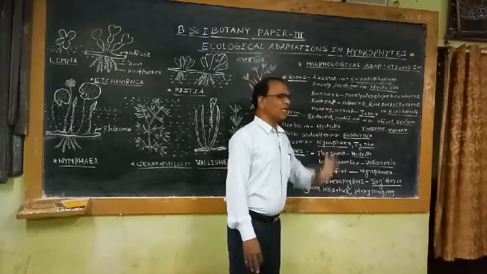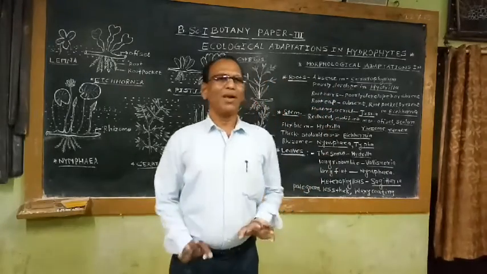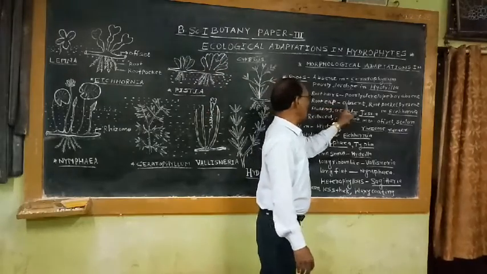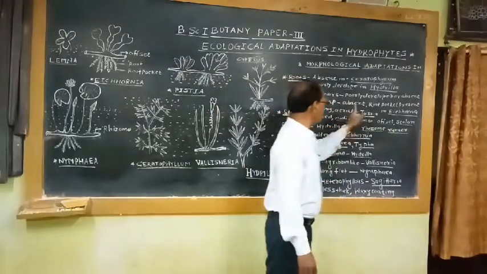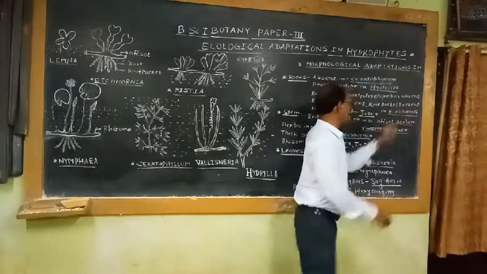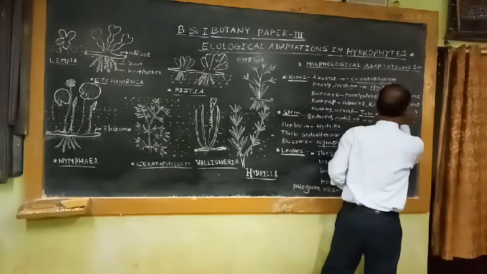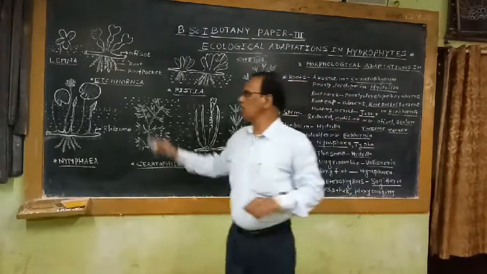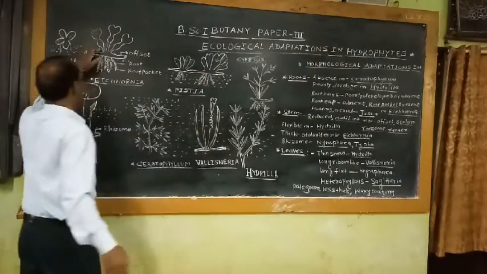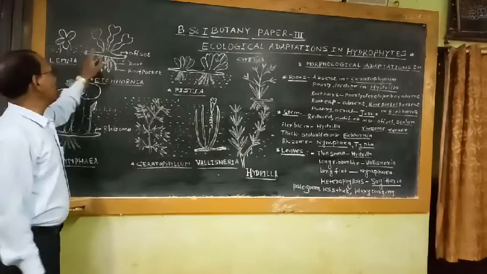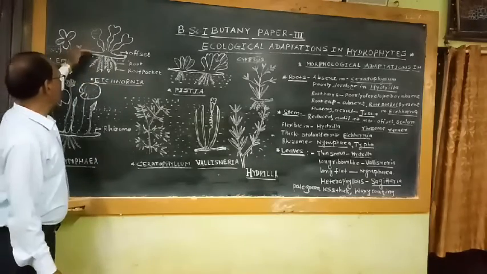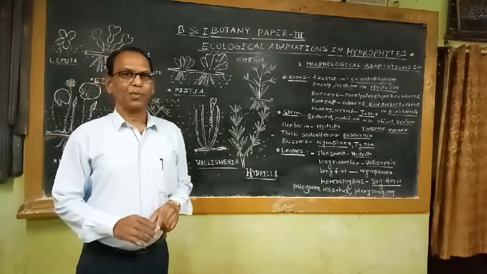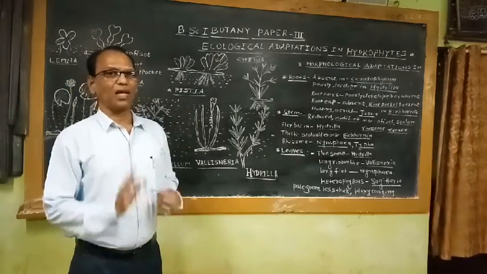An additional important character seen in some hydrophytic plants is the root cap. Root cap is generally absent. Instead of a root cap, root pockets are there. For example, Eichhornia, an example of a free-floating hydrophyte, commonly known as water hyacinth. This plant commonly grows on the surface of the water. Water hyacinth, or Eichhornia crassipes.